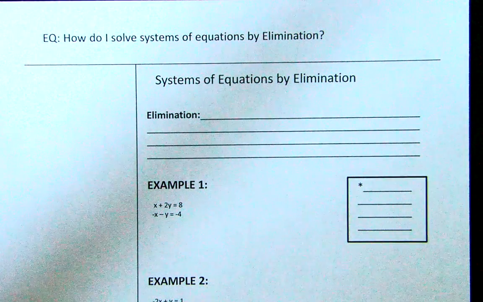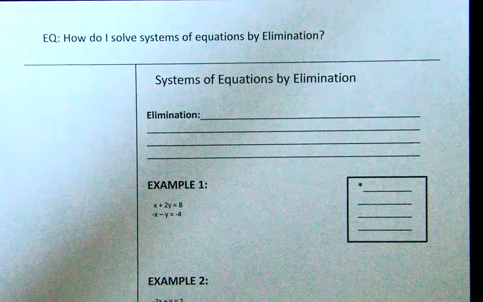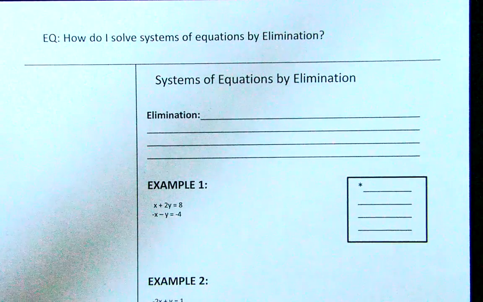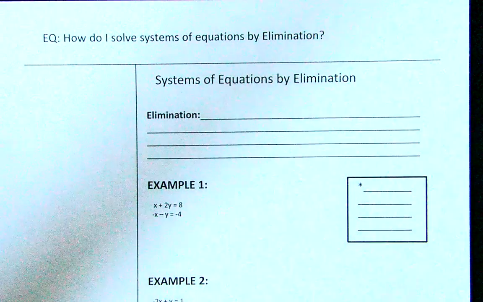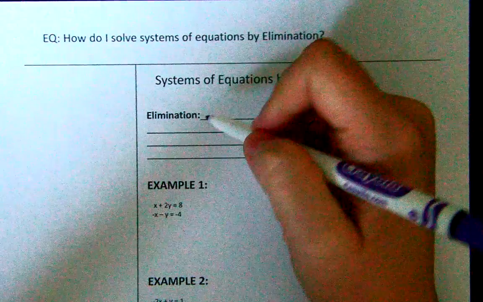Hey students, today we're going to talk about solving systems of equations by elimination. So, how do I solve a system of equations by elimination? Well, in order to use elimination, we use it